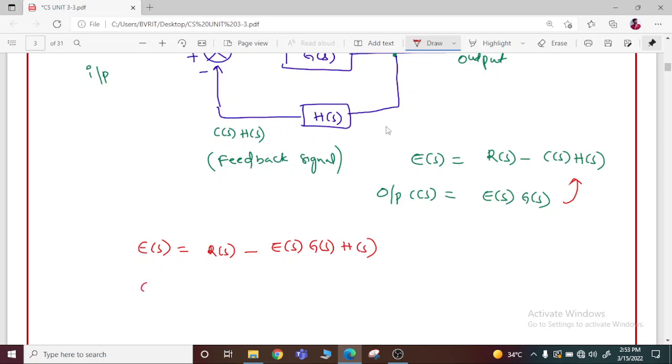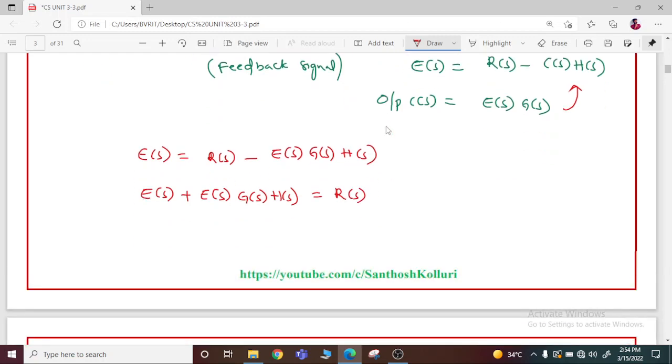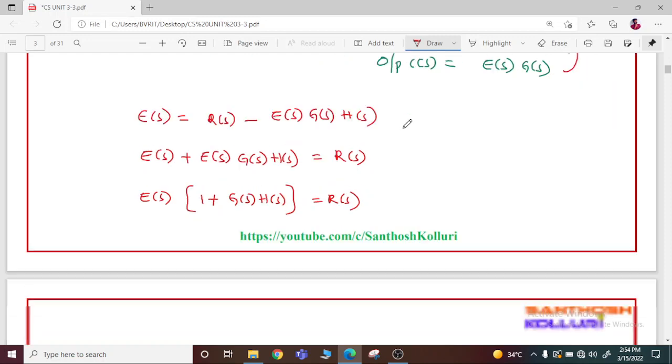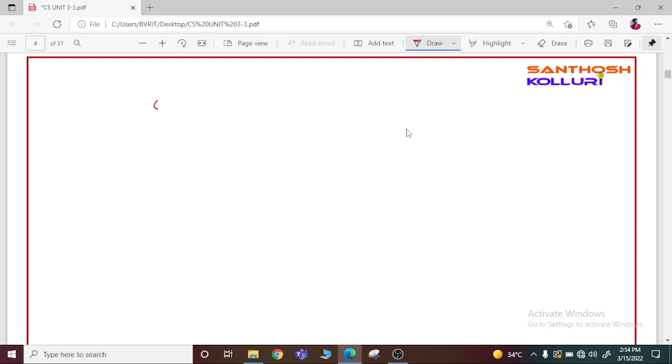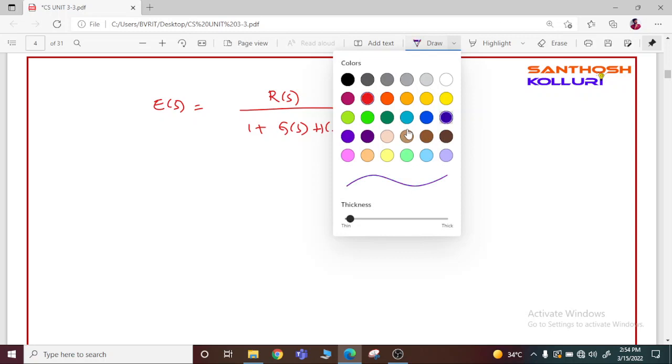So therefore E(s) + E(s)G(s)H(s) = R(s). From this, take E(s) as common, then this will be (1 + G(s)H(s)) E(s) = R(s). So from this, the error signal E(s) can be written as R(s) divided by 1 + G(s)H(s). So this is the error signal